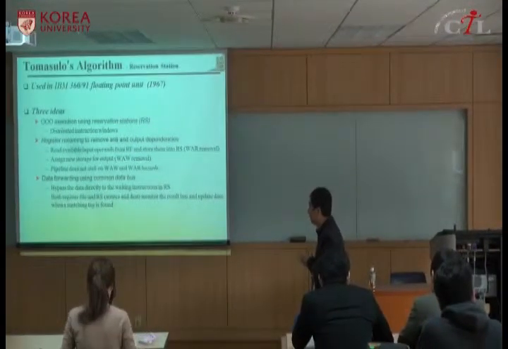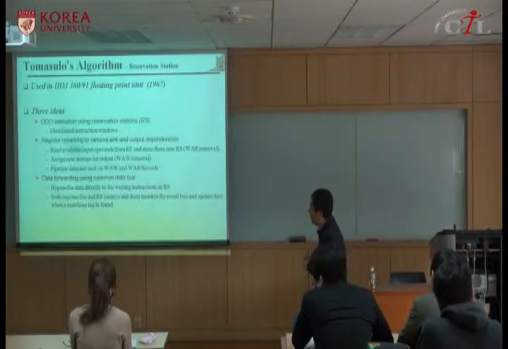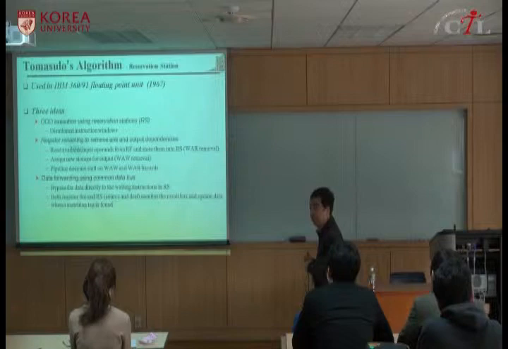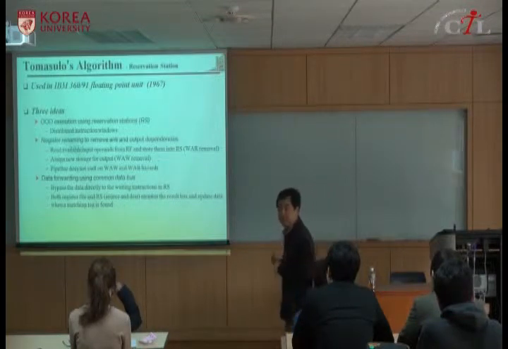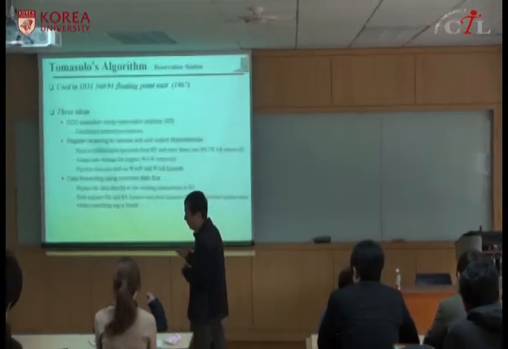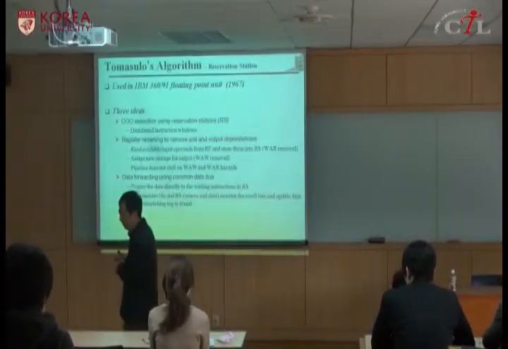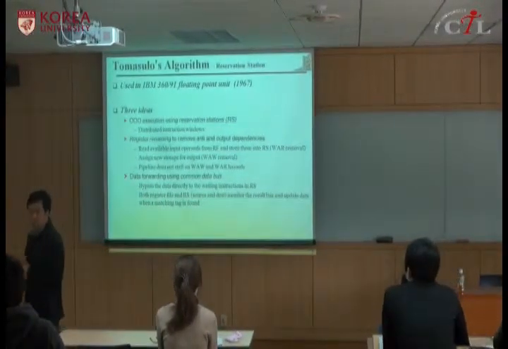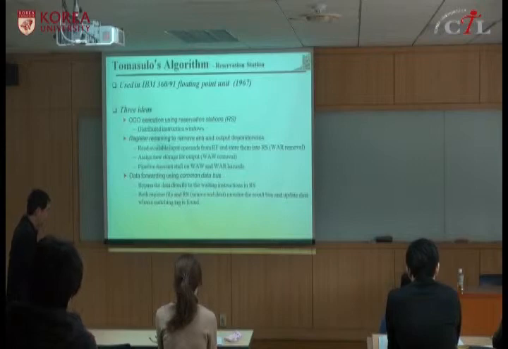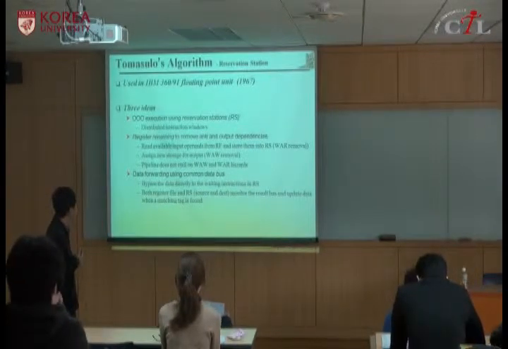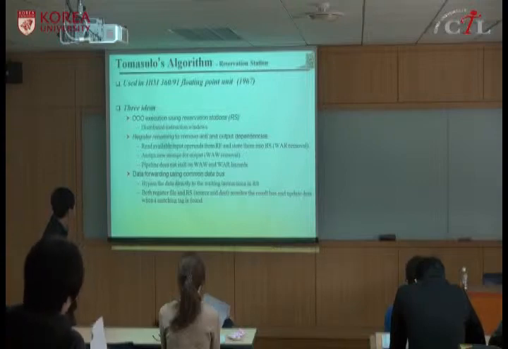And this algorithm was proposed in 1967 for IBM 360. This is a famous machine. They are famous for their operating system, their disk operating system, and so on. The algorithm had three ideas. It used